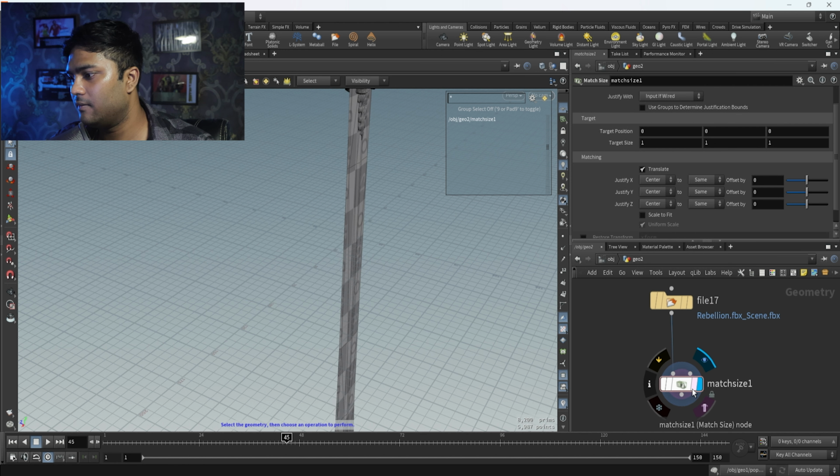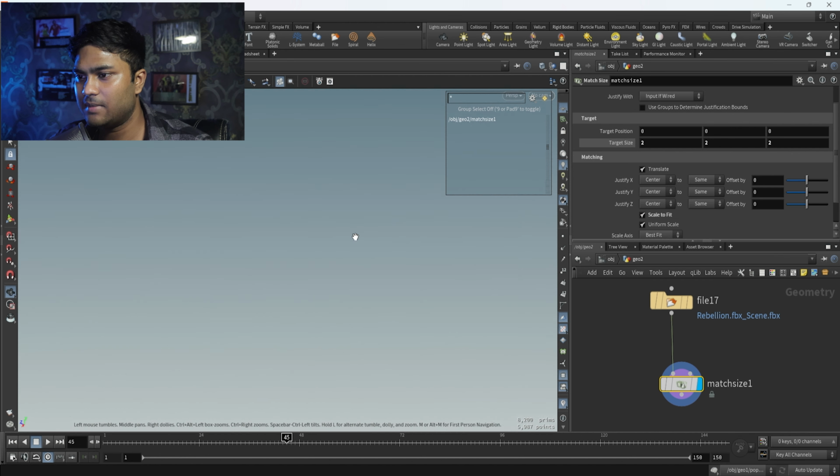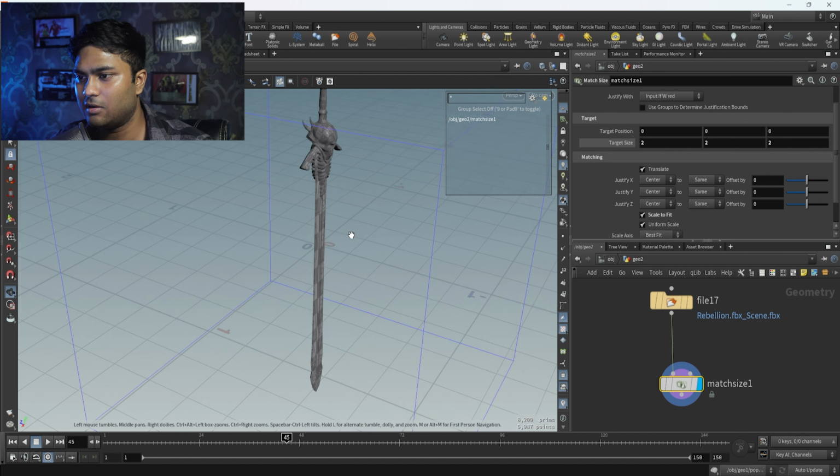Here we can type the target size to which we have to resize it, and I am just typing 2 and 2. This is the target box area in which our geometry will be resized. Just hitting the scale button, you will see my geometry is resized, and it is now small.